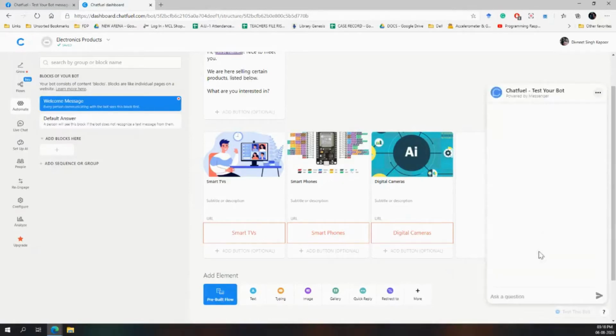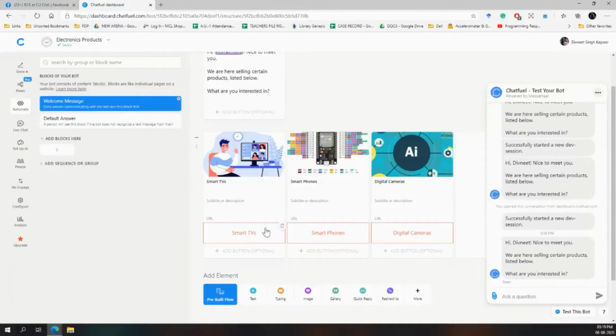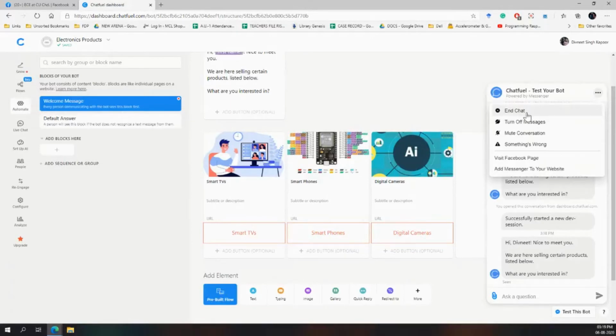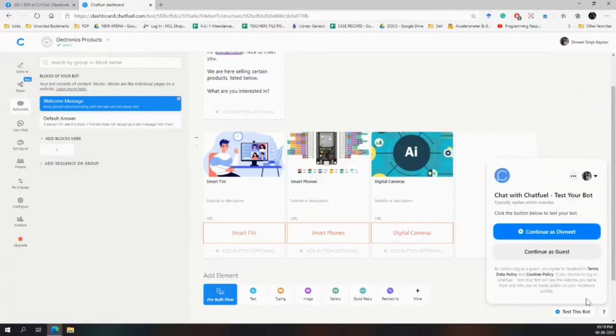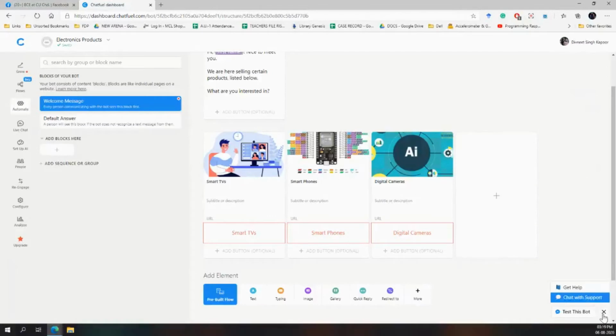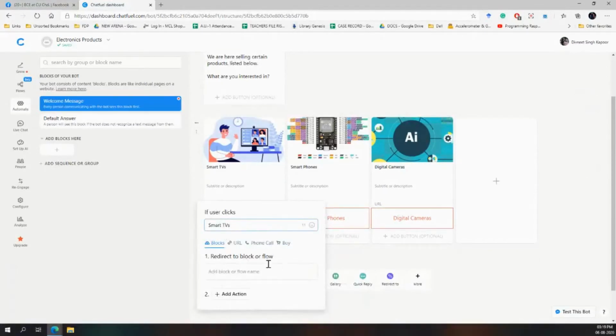Can you see the red boxes outside? That means they are not linked, so that's why this particular thing is not executing. So let me end this particular chat, and let me link each block with another block.